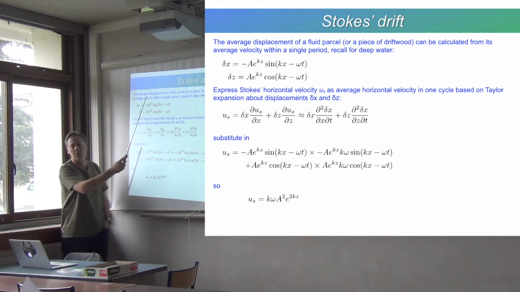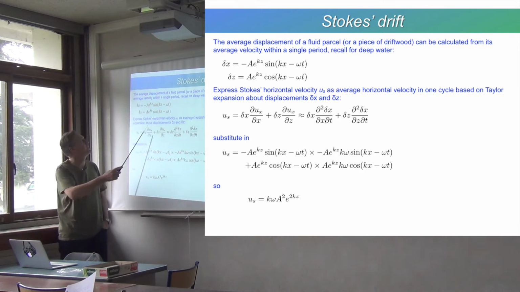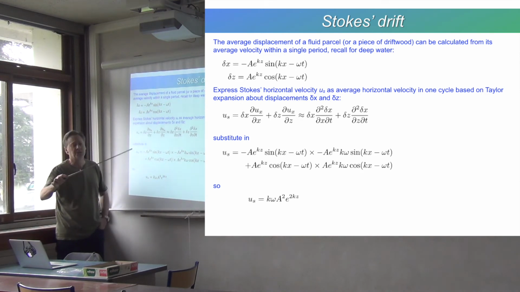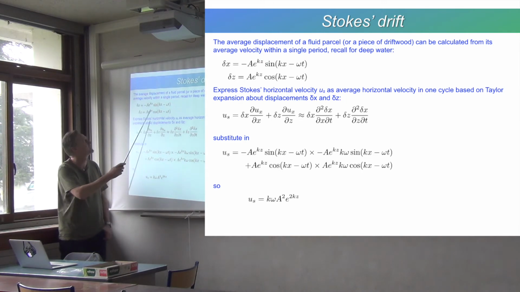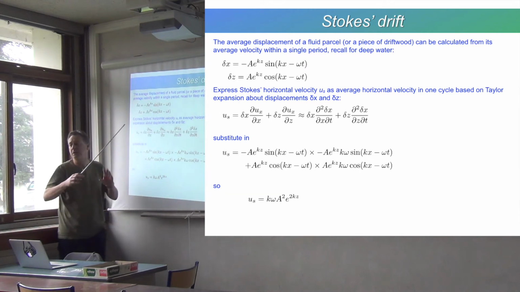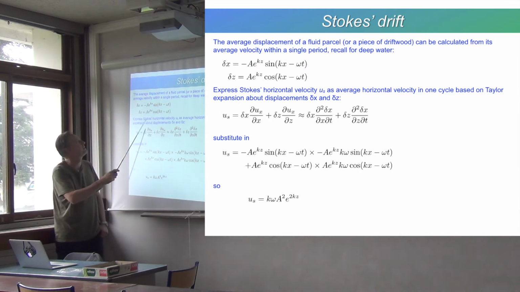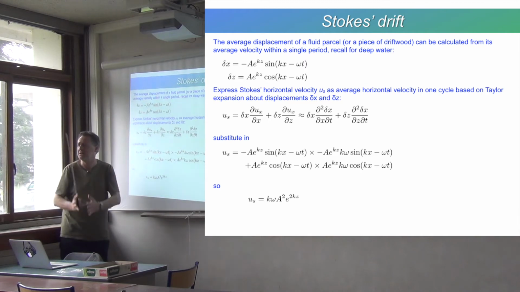And the coefficients here are the amplitude as a function of depth. We showed that for deep water, the amplitude decays exponentially with depth. We're going to assume that we're in deep water here, and so it's a circular orbit the water is doing. The horizontal amplitude is the same as the vertical amplitude, and they're both decaying with a depth scale 1 over k, so the wavelength divided by 2 pi. That's the vertical scale at which it decays.